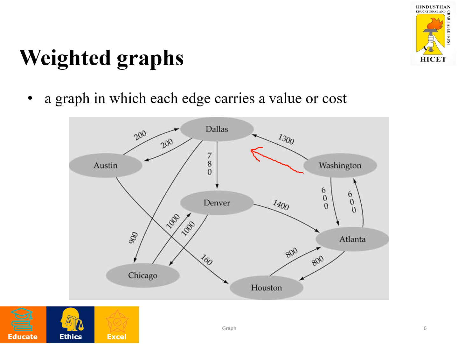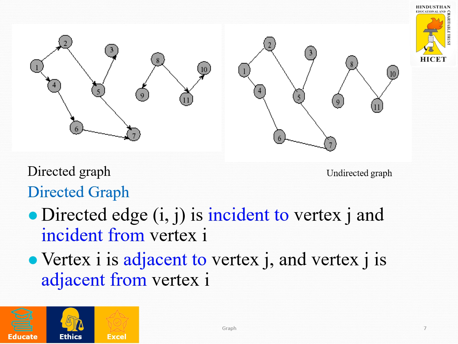And it can be unidirectional again. Here you can see here, start from here, you can move to this particular place and the value is 1300. The reverse is not provided in this particular graph. So edge carries the weight or a cost, that is called a weighted graph. And this is the clear definition for directed graph and undirected graph.